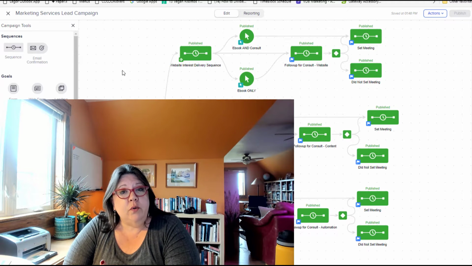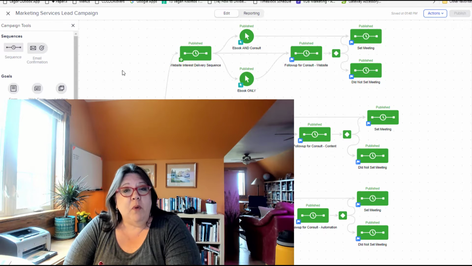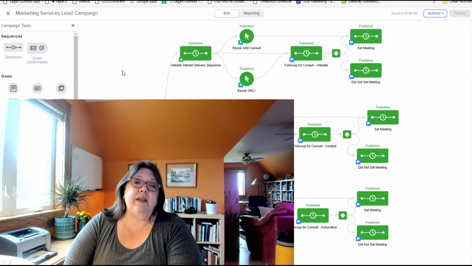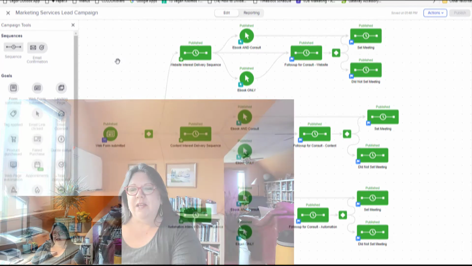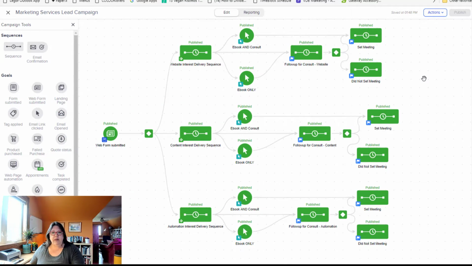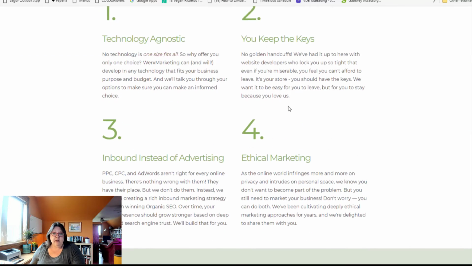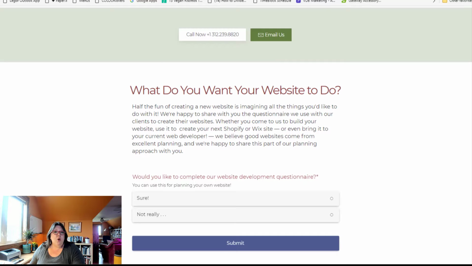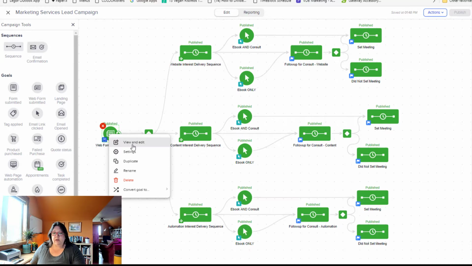What I'd like to show you in this capstone project for Keap is an example of a marketing services sales campaign, something we could use in our own company or that a marketing agency could use. If you look at the campaign whiteboard here, you'll see that we start with a web form submission. This web form submission could be triggered off of a button embedded in the website, or it could come from an advertising campaign. But in any event, there's a web form out there, and that web form is collecting